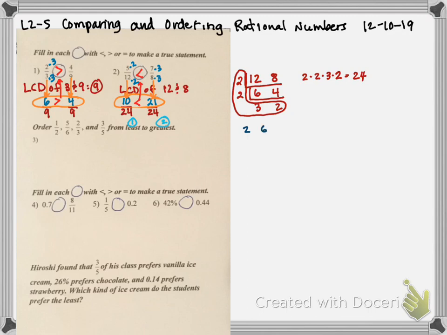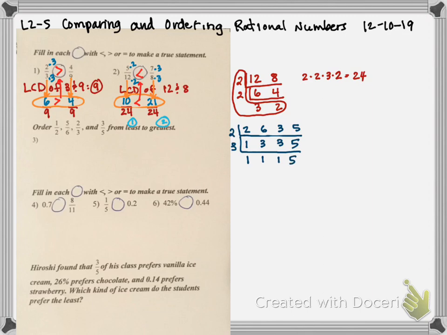We have 2, 6, 3, 5. So when I have 3 or more numbers, all I look for is something that at least 2 of them have in common. Well, 2 and 6 are even, so I'm going to divide out a 2. So 2 divided by 2 is 1, 6 divided by 2 is 3. I can't divide 2 into 3, and I can't divide 2 into 5, so they just come down. Do you see anything that at least 2 of them have in common? Yep, I see a 3 myself. Let's see. Can't go into 1, 3 goes into itself once, and 3 goes into itself once, and it can't